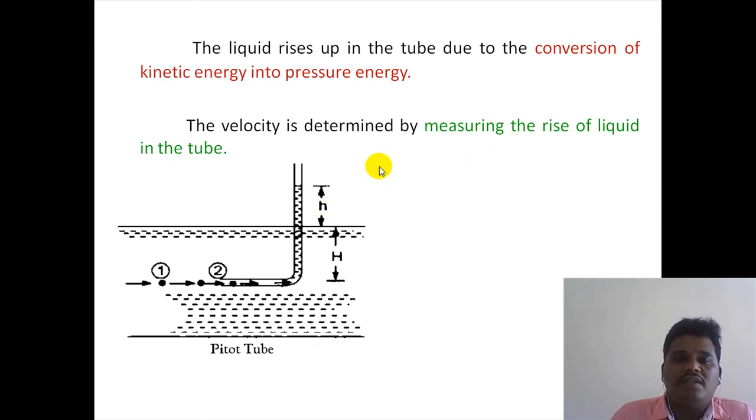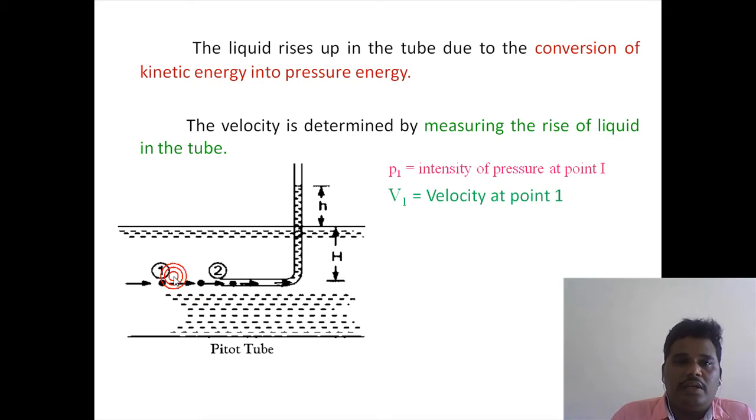P1 is the pressure intensity at point 1. V1 is the velocity at point 1. Next, V2 is the velocity at point 2, which is 0. The velocity remains 0 at this point. Next, P2 is the pressure intensity at point 2, which is maximum. H is the rise of liquid in the tube above the free surface. And H is equal to